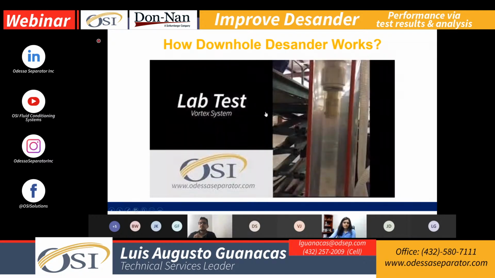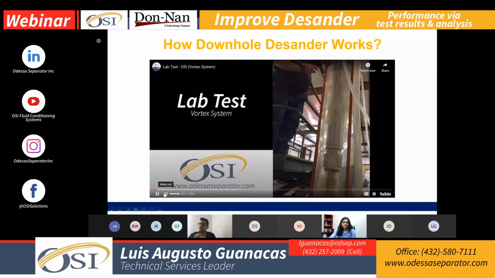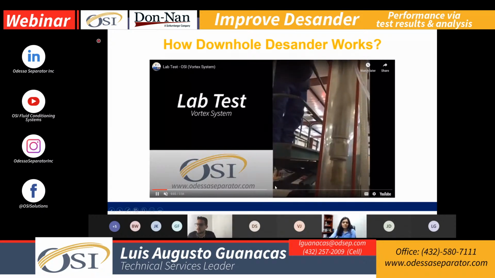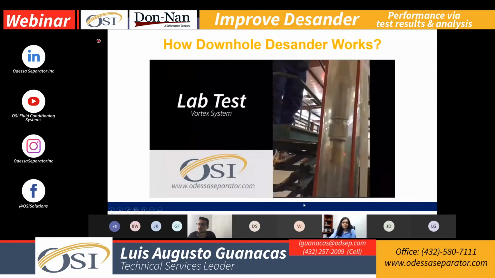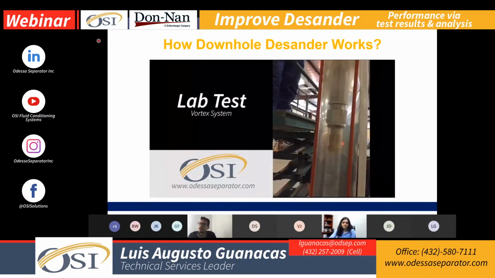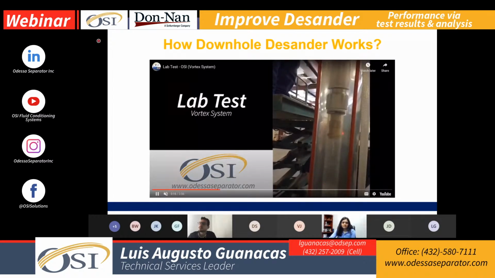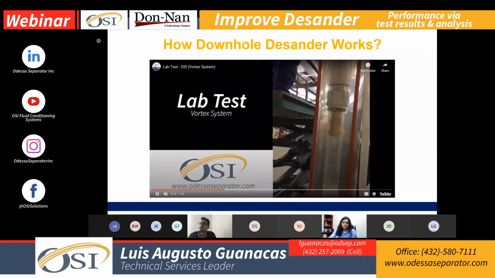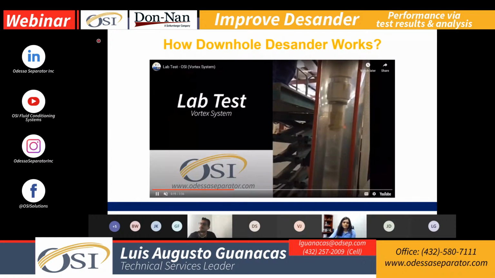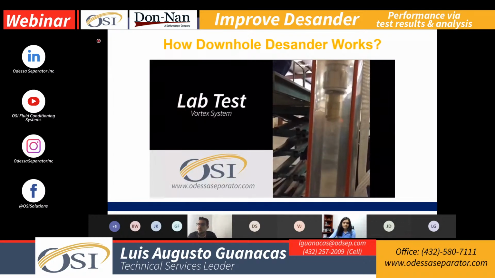This is one of the experimental setups we made. I would like you guys to take a look and see how the tool works in real life. If you see, the sand and fluid are going to meet in the mixing point, then they are going to get into the desander through the intake. In this case, the intake is on the screen. You will see how, after the fluid passes through